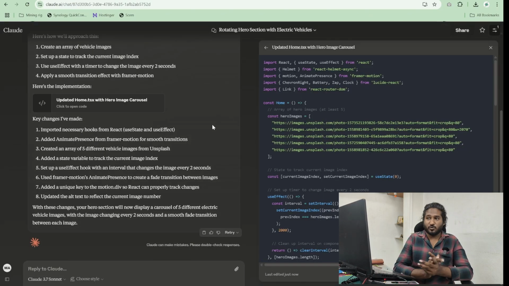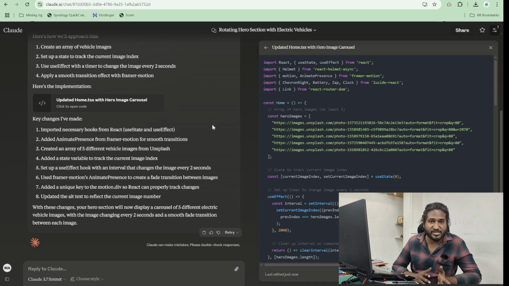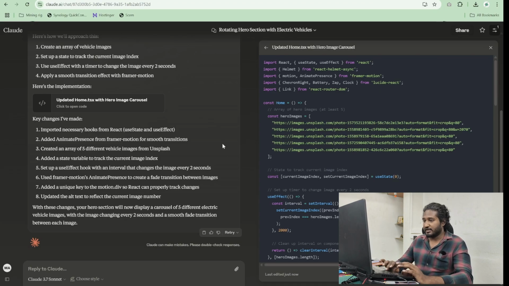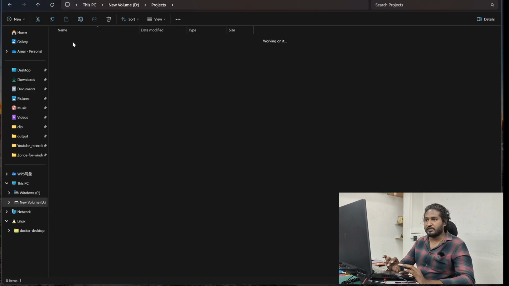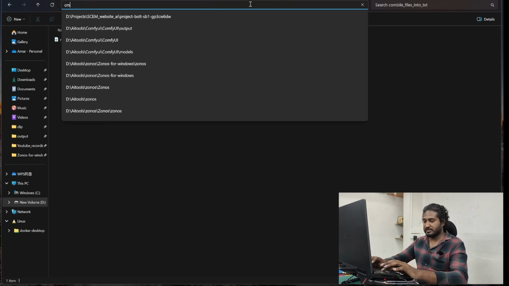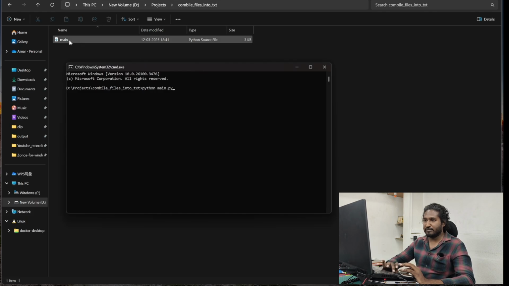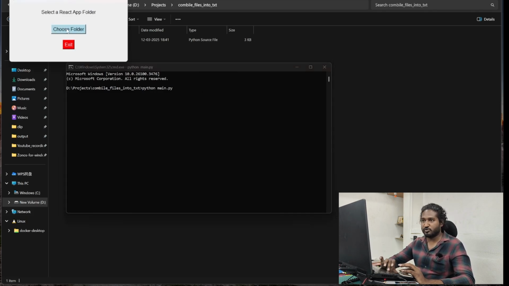So with the help of this technique or this trick, you can do multiple things, you can build multiple apps even in a single day. If you have crossed the limit in Claude, you can change it to ChatGPT and use the same trick again. Let me show you once more. The combine txt file, this file, main.py. You can just open the command prompt and run python main.py. This is the name of the file. If you just press enter, this one opens, choose,